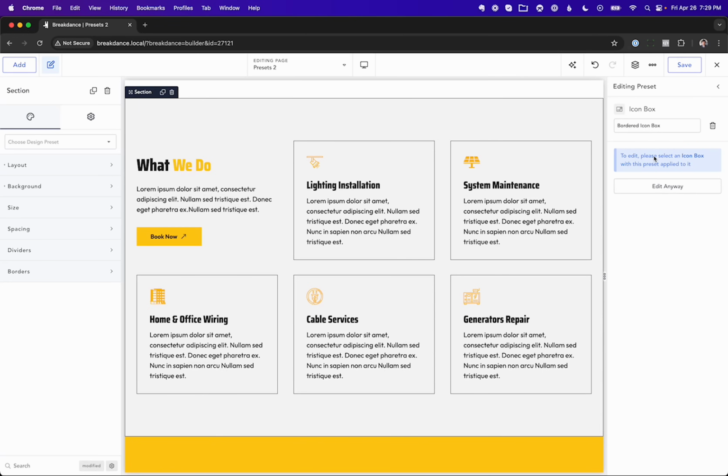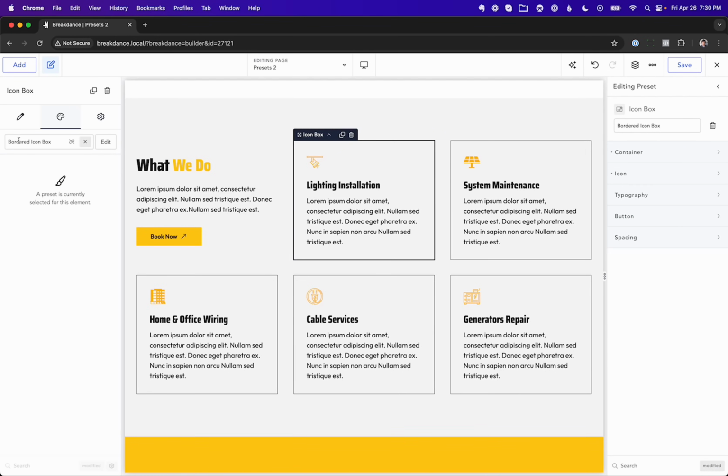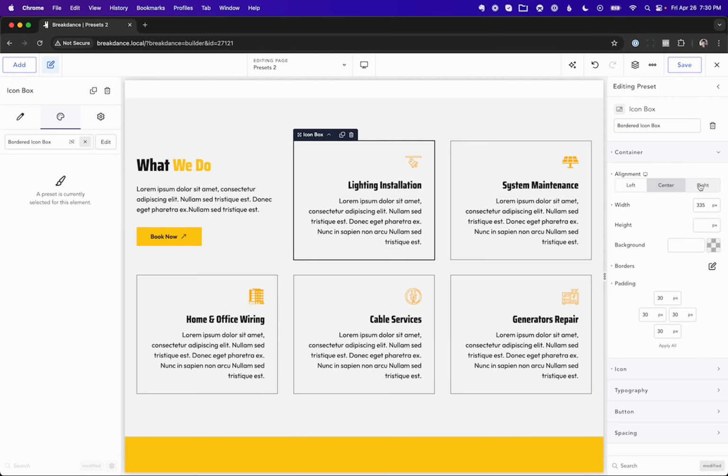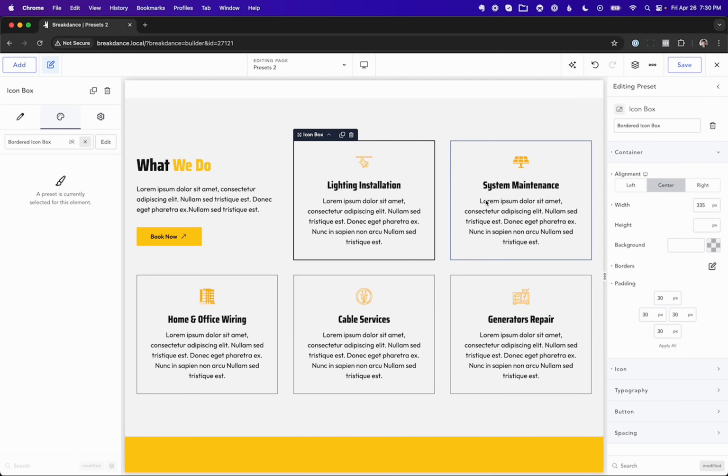When I choose to edit this preset, because I haven't selected an element that has this preset applied to it, it warns me that I should do that. That way, I'll be able to see my changes in real time. So let's go ahead and click this element, which has the bordered icon box preset applied to it, and now I can edit the preset. So let's go to Container, and let's customize, and as you can see, these changes are affecting all elements that